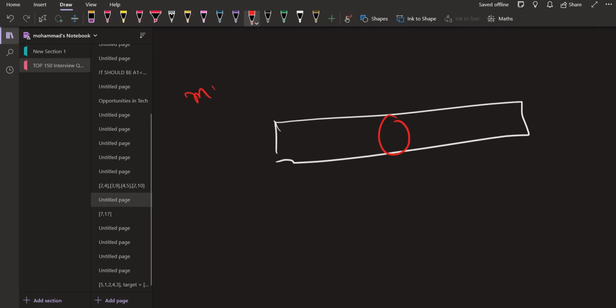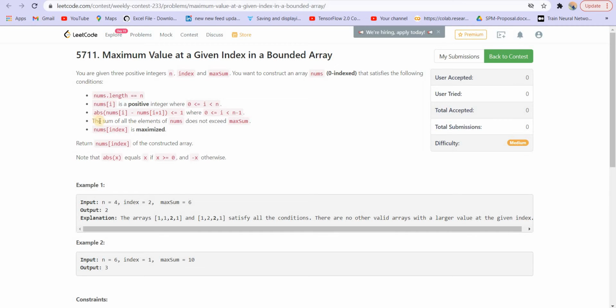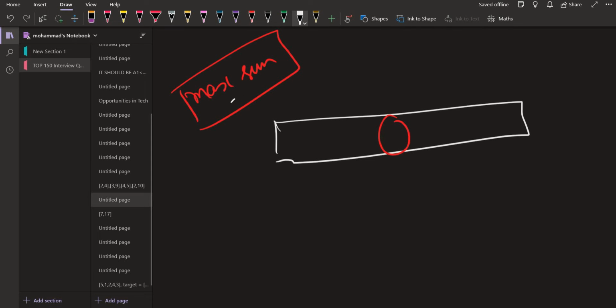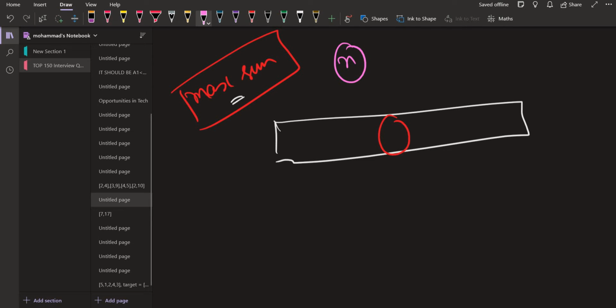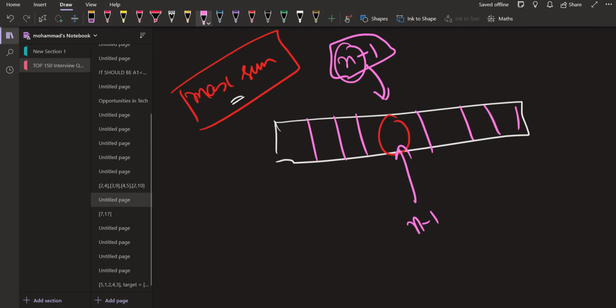Alright, so maximum sum, these are constraints, like the total summation of the entire array should not exceed this. That is what is given, right? The sum of all the elements of nums does not exceed it. Okay, this is one of the constraints. The other constraint is n, like all the elements inside this should be smaller than n, starting from n minus 1. All the elements that I place should be smaller than n minus 1. So basically, if I try keeping here n minus 1,